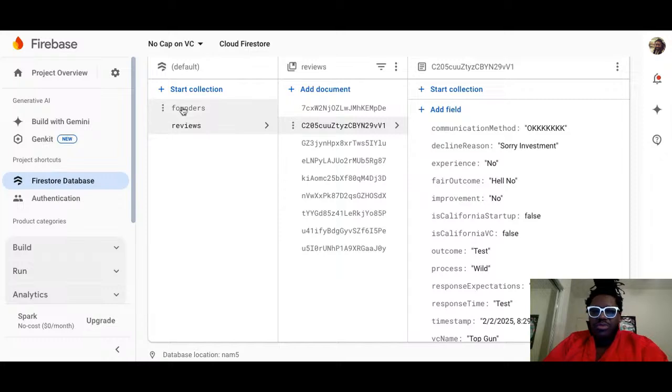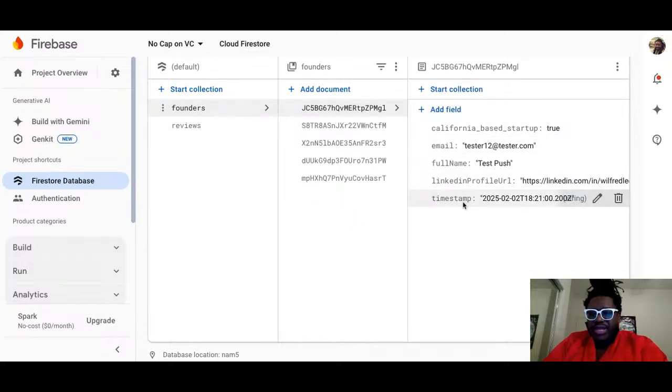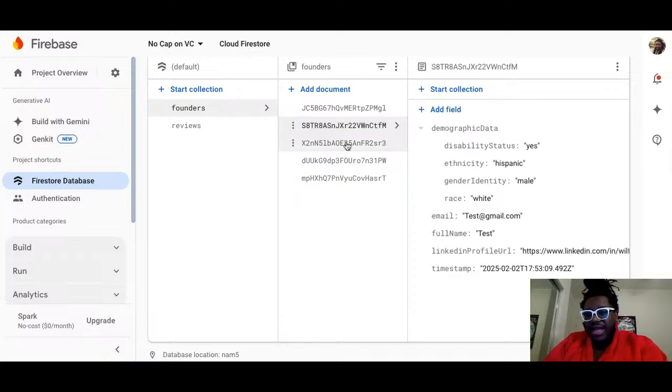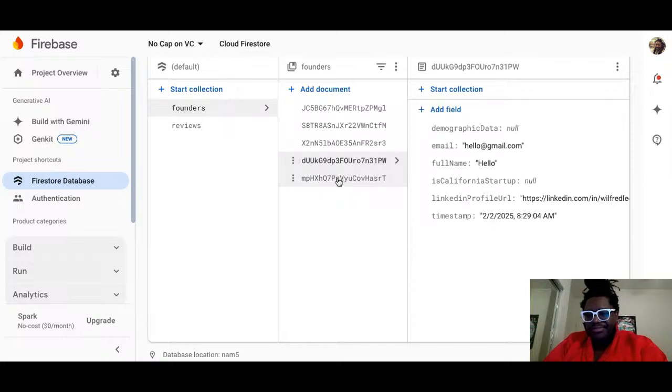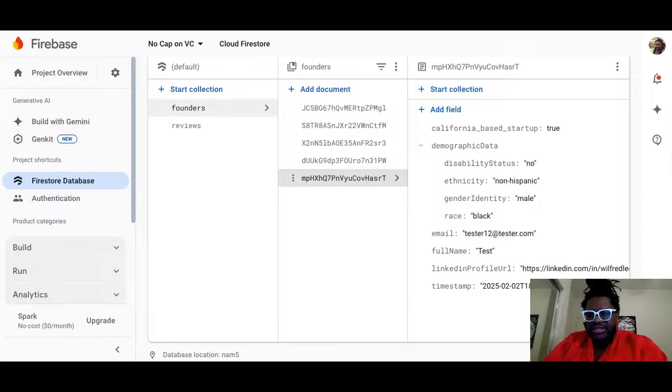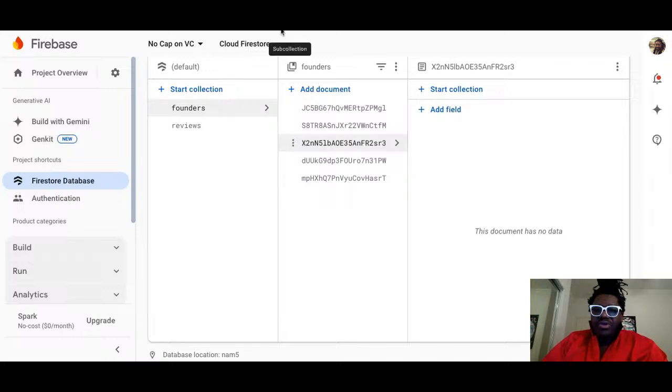So we also have the founder's information. The founder's information goes here, but again, it's all confidential. So I actually have to update the form. I just did this, I don't know, but it's anonymous. So they don't have to leave the information, but I have to update the form because right now